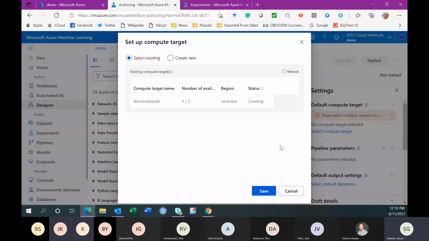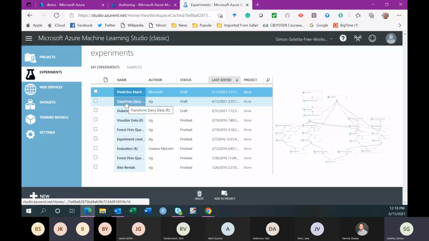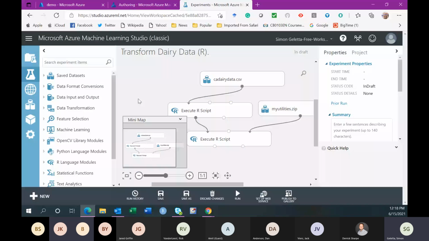Okay, it will take some time to deploy, so I can wait for that. While I wait, I would like to show you what the interface of the studio is. Let me select this project. This is basically how you work. Still, this is a classic environment, but basically you get your objects from the left, you drop them on the canvas here, and then you find another object that does some useful data science operation. You connect to it.